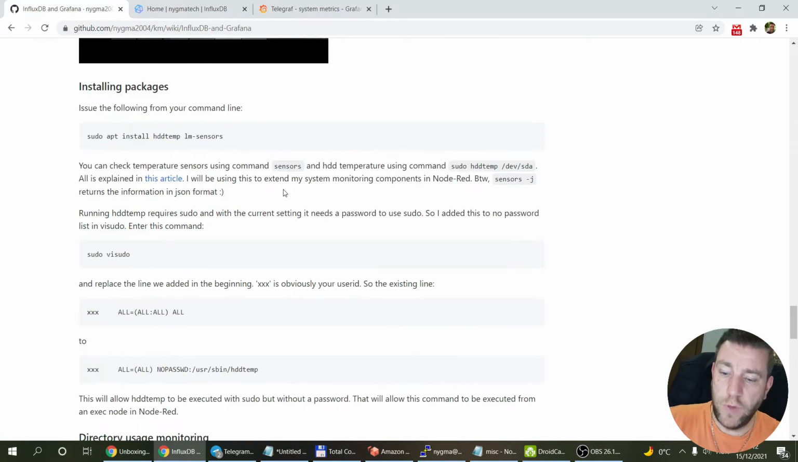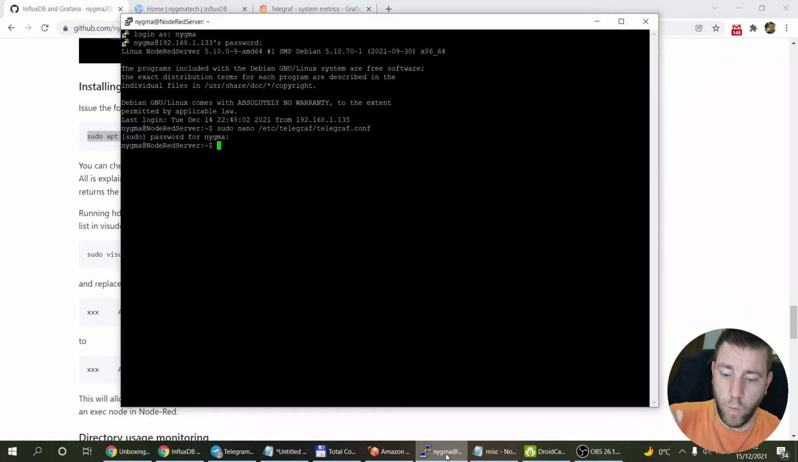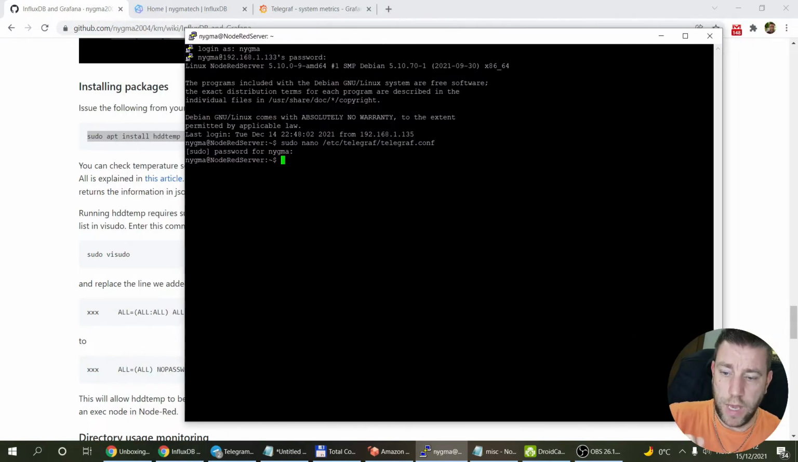So first of all, we have to install a couple of additional packages. Two packages to start with are lm-sensors and hddtemp. The lm-sensors package is going to monitor temperature sensors that are built into the machine, and hddtemp is the temperature of the hard disk. You can install it just by issuing this single command, which is going to install both of them. And by the way, the whole thing is explained in this article, so if you want to dive into the details, you can. And once you have it installed, you can just